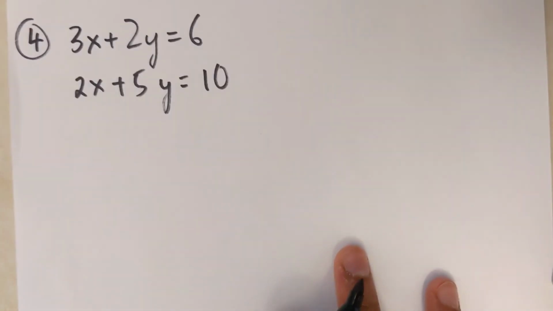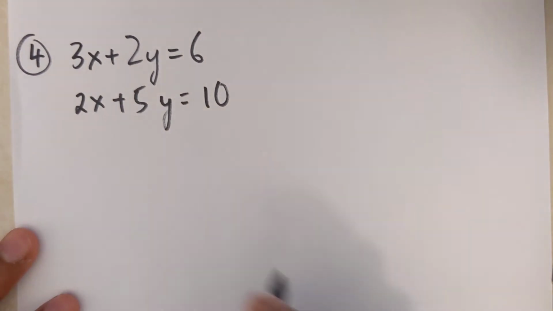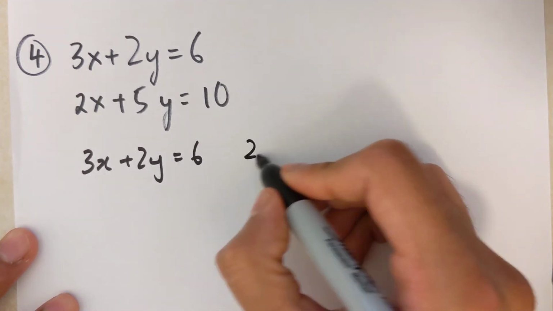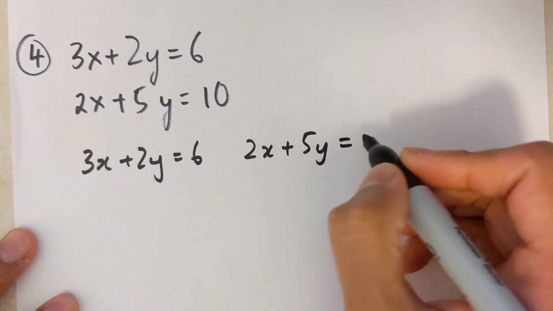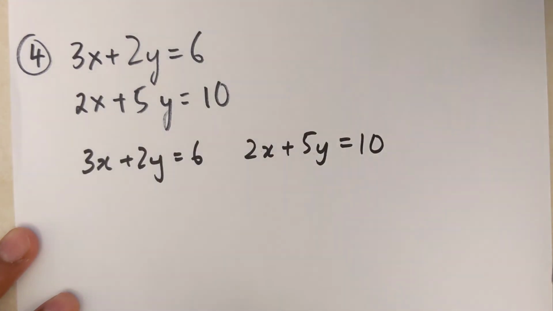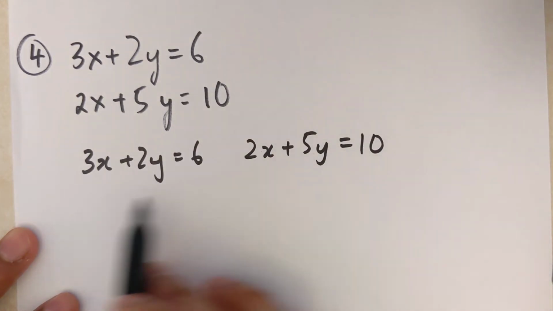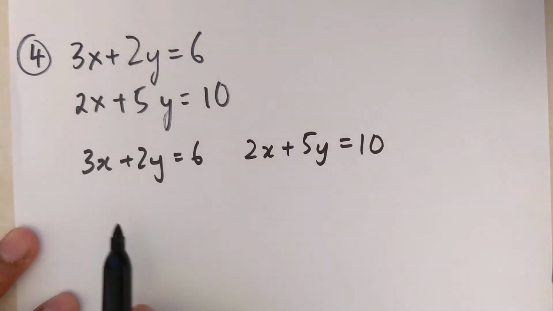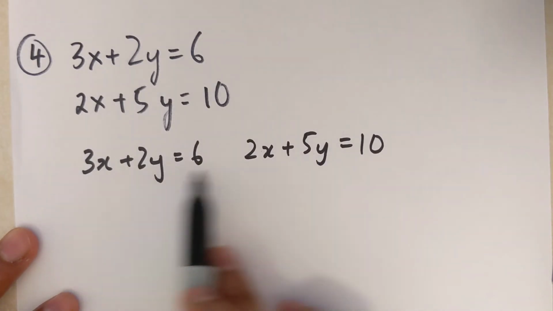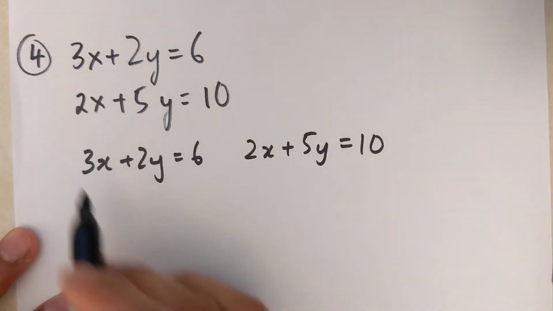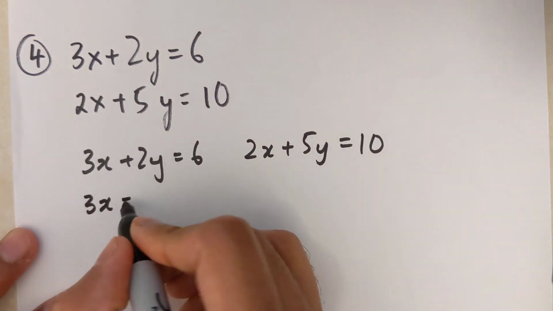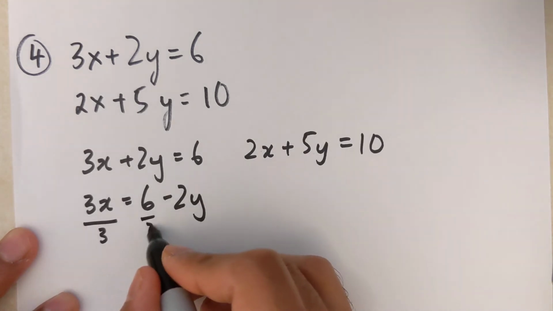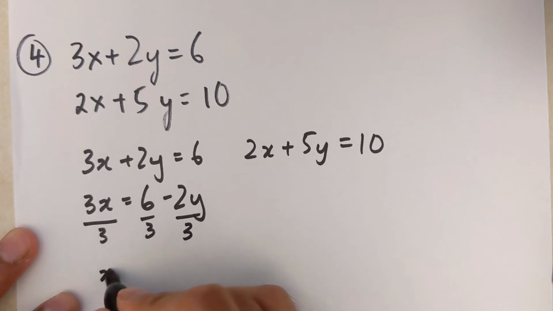And then I'm going to go to the last question here, which is the hardest question, and I'm going to show you why. So 3x plus 2y equals 6. 2x plus 5y equals 10. Now if you're trying to isolate a variable here, they are all really hard to isolate, which means you just have to pick one. I'm just going to pick the x over here because I know 6 can be at least divided by 3. So 3x equals 6 minus 2y. Then I'm going to divide each term by 3. So x equals